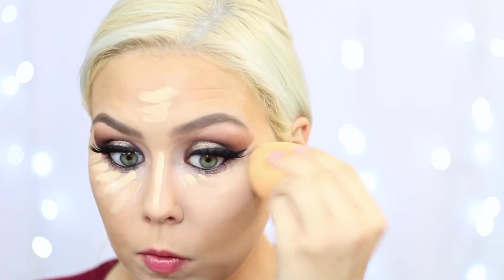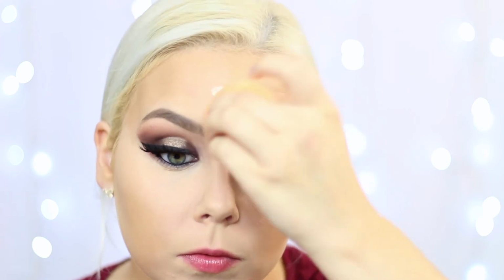Just make sure that you go in and blend it so your concealer doesn't set right away. And I love to use the beauty sponge for this because I really feel like it just gives you the most flawless concealer application, and it also picks up any excess product so it doesn't leave your under eyes looking cakey. Once I'm done blending out the concealer, I'm going to go ahead and set it using my favorite powder